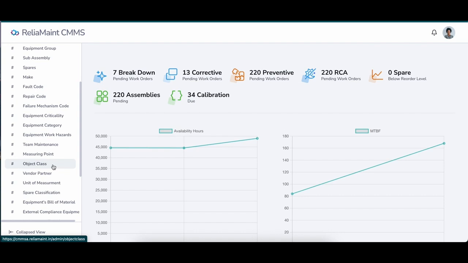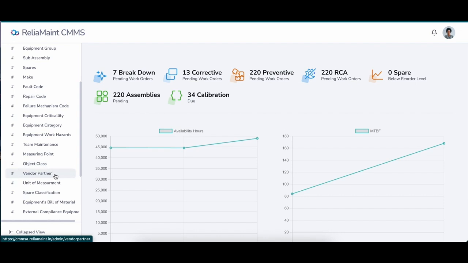All these come under the object class, which may be lifting equipment, because each kind within that class shares certain attributes. We can also have an object class such as CNC machine, or whatever way you want to classify your system. This will help us create more detailed analytics later.